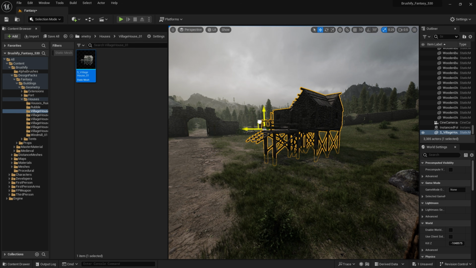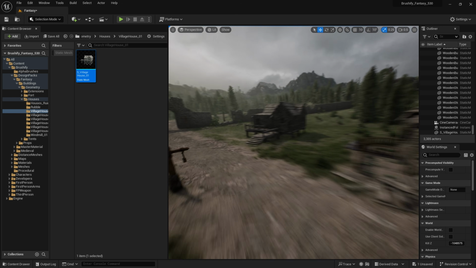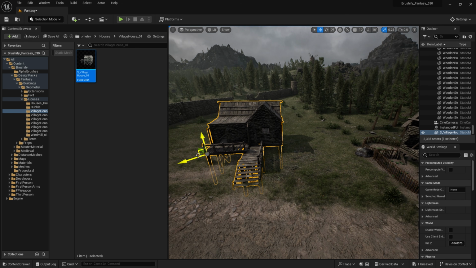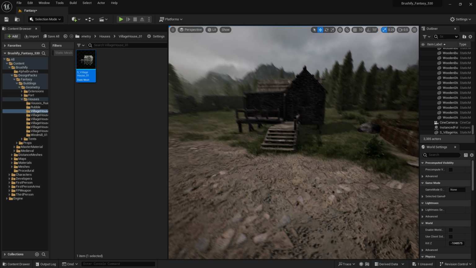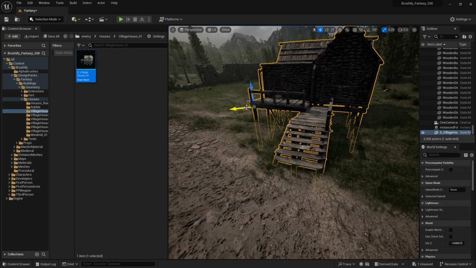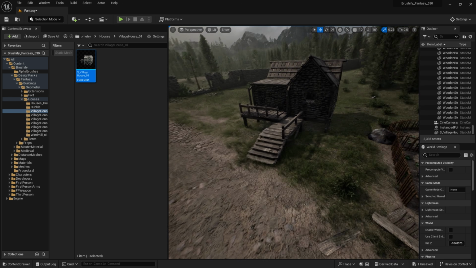What's cool about this house is it's got a little ramp. So it could definitely make use of that little ramp and make it play into the village. Maybe it fits in with the road, and maybe a little house there would do. So the ramp goes straight off from the road. If you ever want to change where the road is or paint down any mud, you can easily